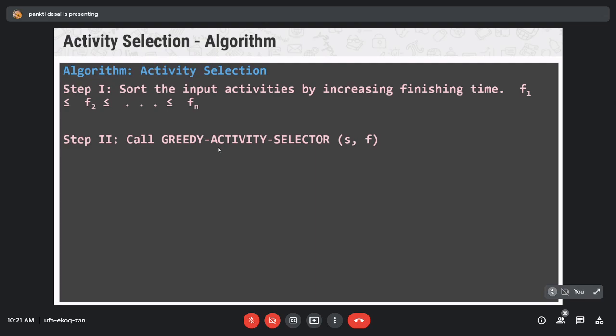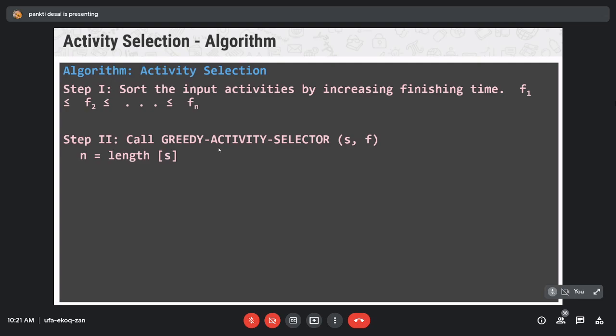So, Greedy-Activity-Selector(S, F), where S is the set of starting times and F is the finishing times. Now next, initialize the length n, where n represents the total number of activities.